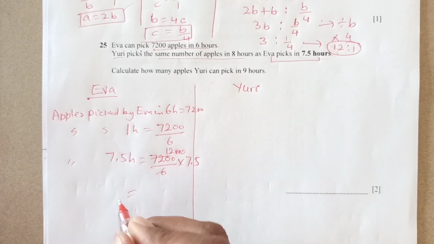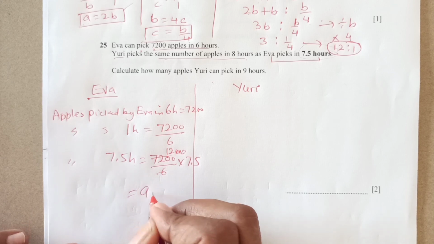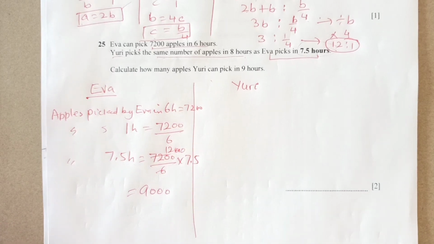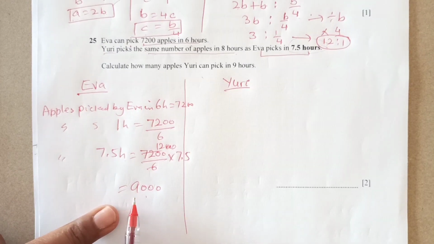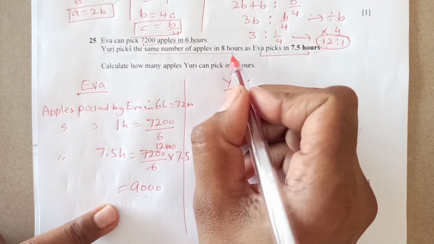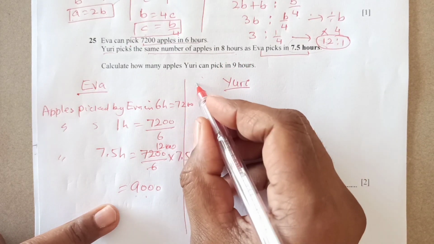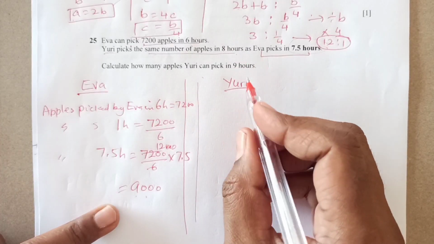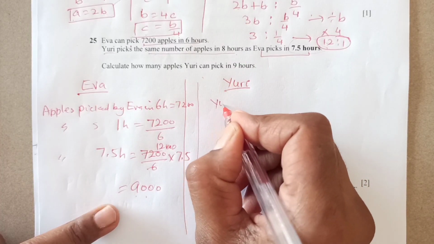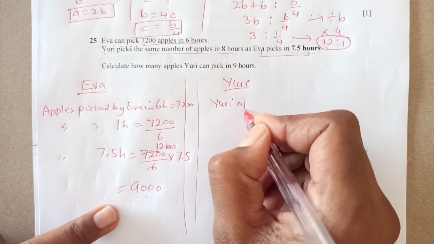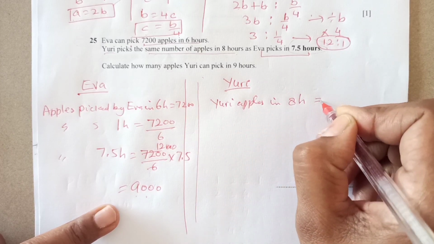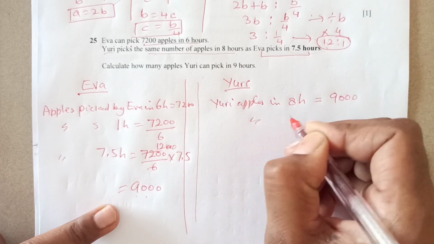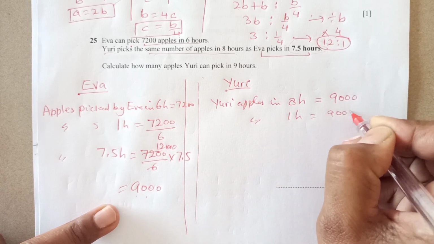So 1,200 times 7.5 comes out to be 9,000. Okay, so 9,000 apples. Now let's see for Yuri. The number of apples picked by Eva is the same number picked by Yuri in 8 hours. So we will write down here: Yuri picks apples in 8 hours. In 8 hours it is 9,000, and in 1 hour it is going to be 9,000 over